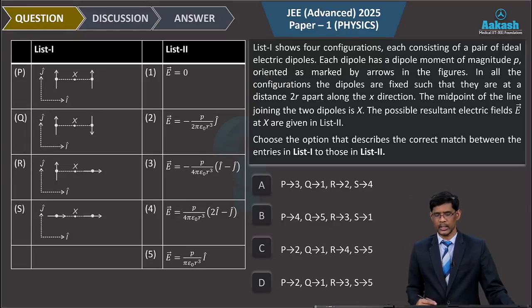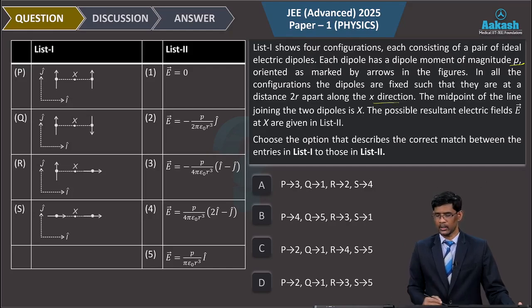In this question, list 1 shows 4 configurations, each consisting of a pair of ideal electric dipoles. Each dipole has a dipole moment of magnitude p, oriented as marked by arrow in the figure. In all the configurations, the dipoles are fixed such that they are at a distance 2r apart along the x